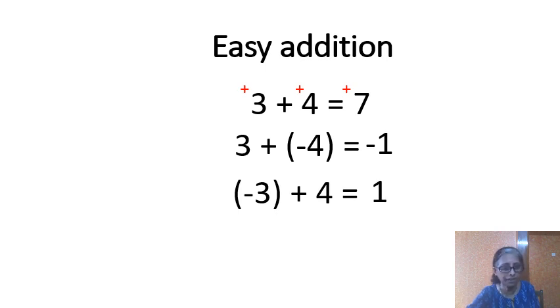And then you have to check the sign. What is going to be the sign of the answer? Which is bigger number here? Among 3 and 4 you find that 4 is bigger than -3 or just 3. Therefore the answer will also have positive sign. Now look at the next question.